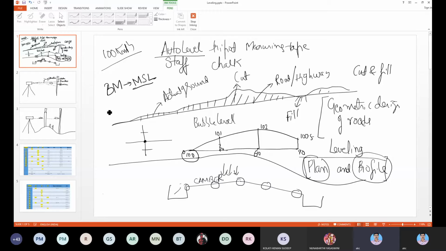Now what happens if you won't have a mean sea level? Then you will take something called a temporary benchmark. You can use the temporary benchmark or assumed benchmark to carry out the level. That means with reference to that particular benchmark, your other levels are carried out. But mostly in this laboratory class, we assume 100 as a benchmark. So further from 100, we will carry out. We can take it as 0 also, it doesn't matter. But we have assumed 100, just as an example.